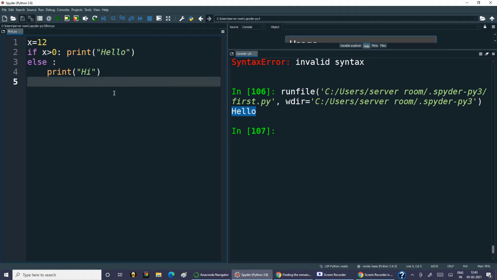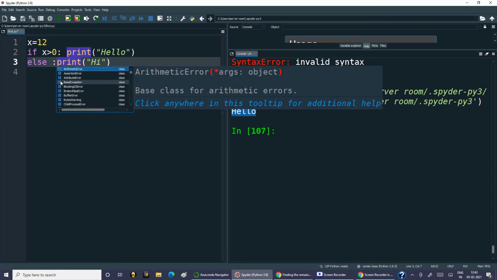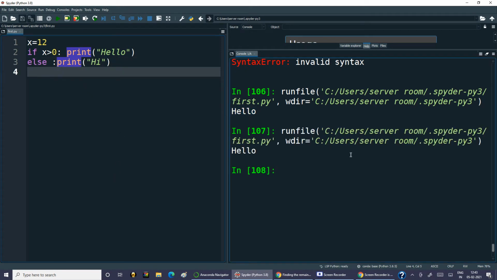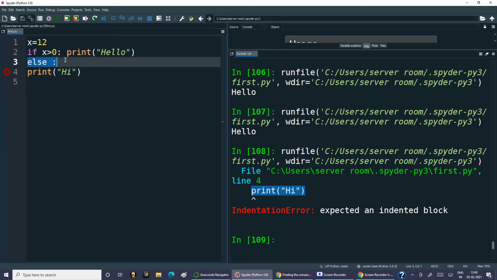But in Python programming, when you develop a script like this, you need to take care. Like say I'm trying this. I have written this else and this print here in the same line. So let us try here. It is giving you the proper output. Now I am writing this and not giving any space here. So this is an expected indented block. So why is it giving this message?